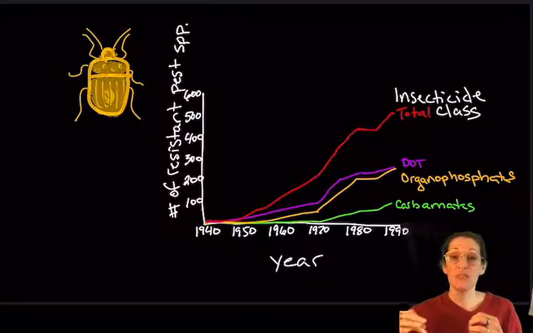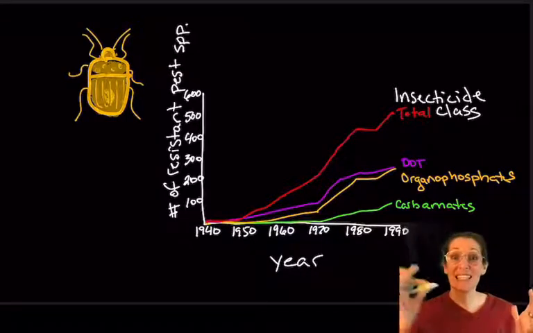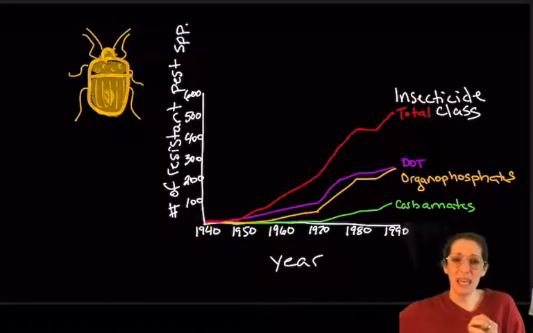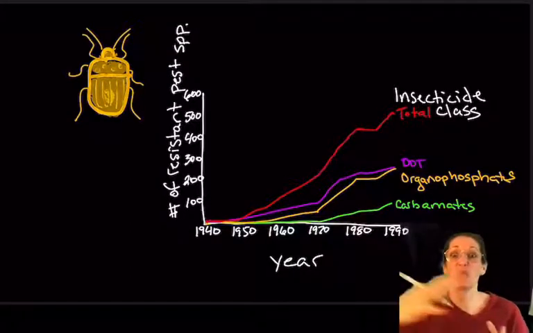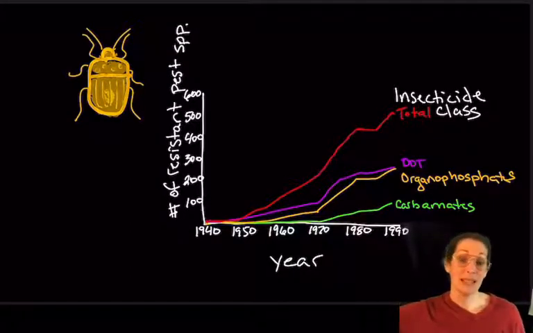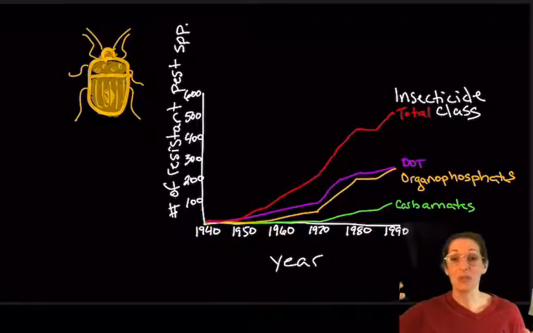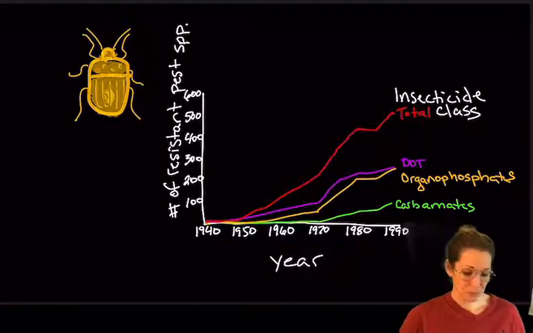We changed selection, so selection on that allele became strong. And so what do we see? We see that allele spread through the population because now it's adaptively advantageous. Okay? So those are examples where selection was acting on